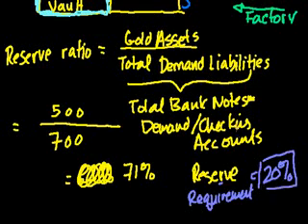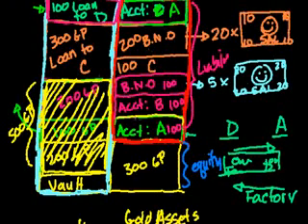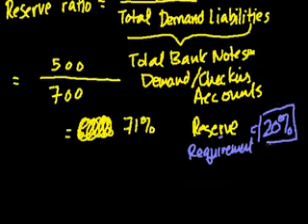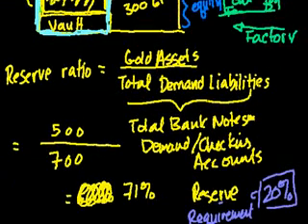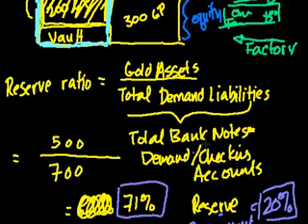That means as long as at any given moment more than 20% of these people don't demand their money back, the bank's going to have liquidity. The bank is going to be able to fulfill its promise, because all of these people think at any given moment they can go to the bank and get their gold. And in order for this system to work, there has to be confidence. And in order for there to be confidence, the bank has to be good for it every time someone asks for their money. So the bank has to stay liquid. Essentially this reserve ratio is what the regulators think that a bank needs to maintain in order to be liquid. Our bank as it is right now has a reserve ratio of 71%.